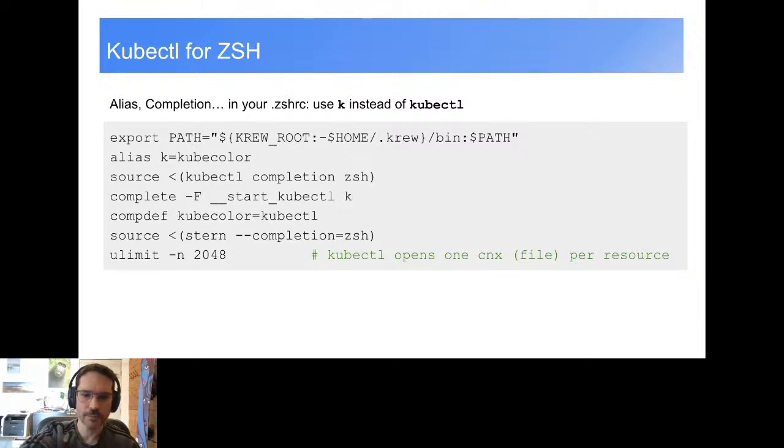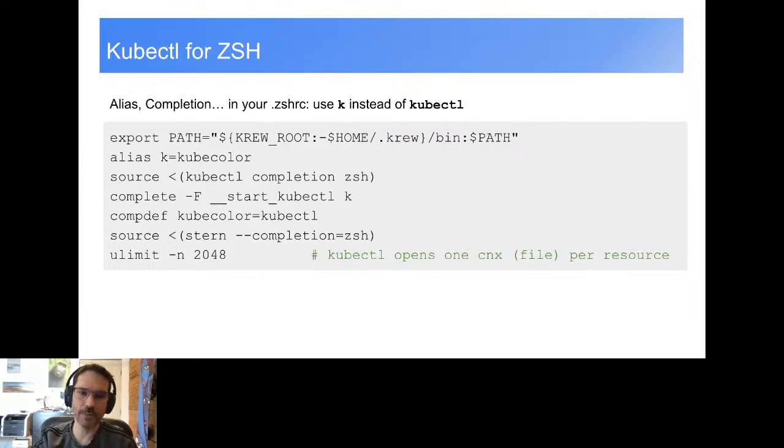Okay, I'm going to skip this one. Only one thing I want to mention is here down, the ulimit -n. It's the number of open files that you can have in your shell. It's 256 by default in the latest macOS. It can be a little bit too little if you have a very big cluster with a lot of resources,